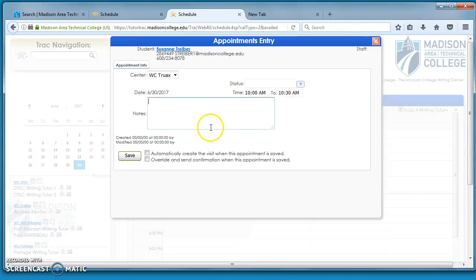And then you've come into the appointment entries page. Just make sure that the student information is correct, that the center where they want the appointment is correct, as well as the date and the time. It's not uncommon for one of those things to be inaccurate, so just make sure that that's exactly what the